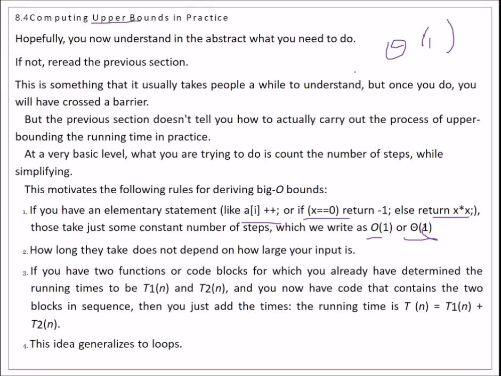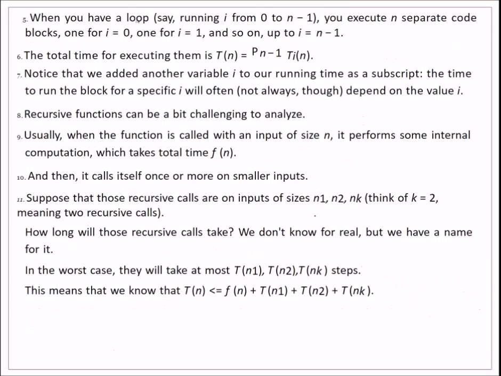If it is order of 1, this may also happen that there may be two functions or various code blocks whose running times you have already determined, like T1(n) and T2(n). Now you might want to find out the final one. For that you can just add them, like T(n) will be T1(n) plus T2(n), and this idea can be generalized to loops as well.